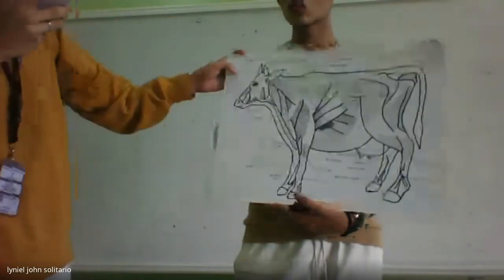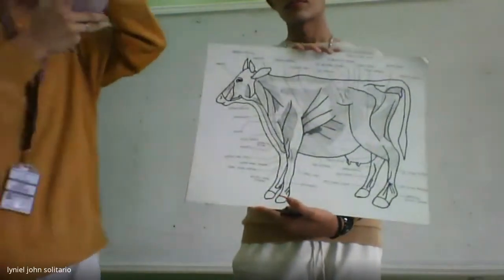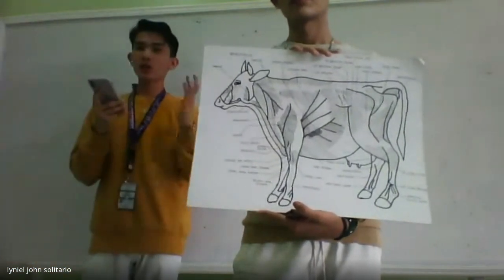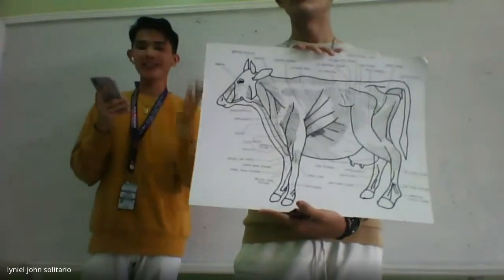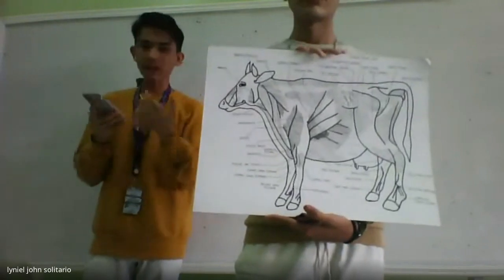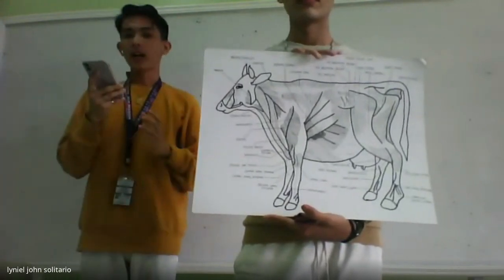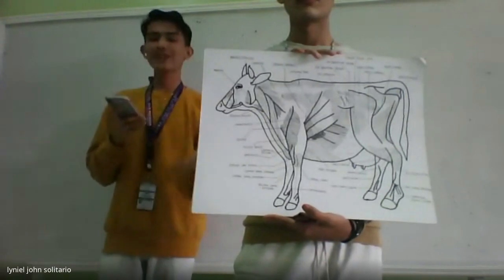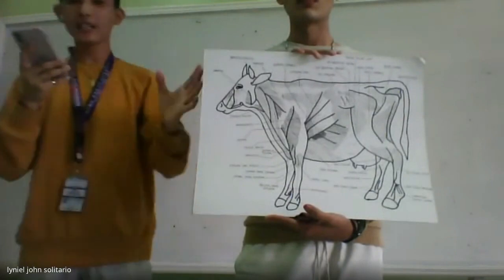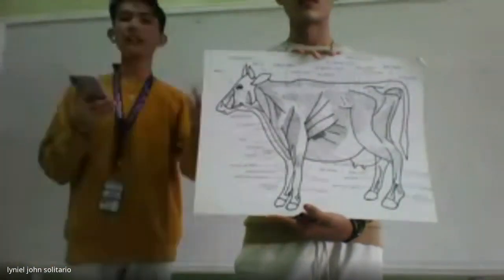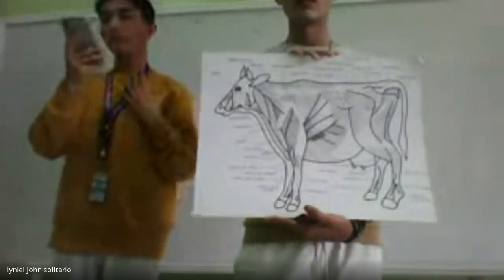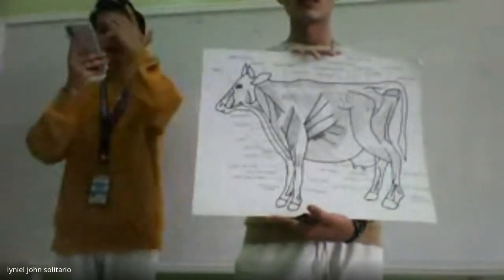The seventh part of the muscular system of the cow would be the biceps. So as you remember, in our discussion last semester in human anatomy, I know that all of you still remember these parts of the muscular system of the human and also other animals. So the biceps femoris is a single large muscle on the lateral face of